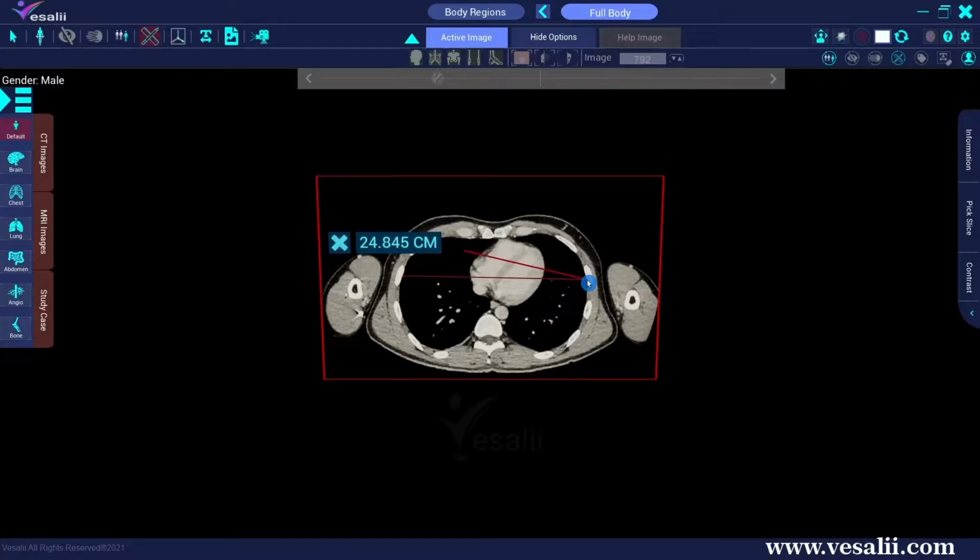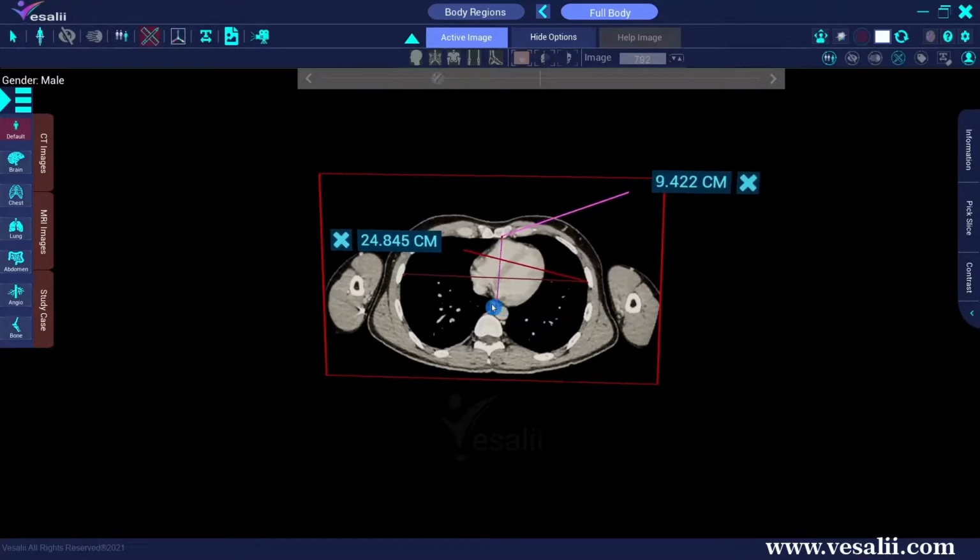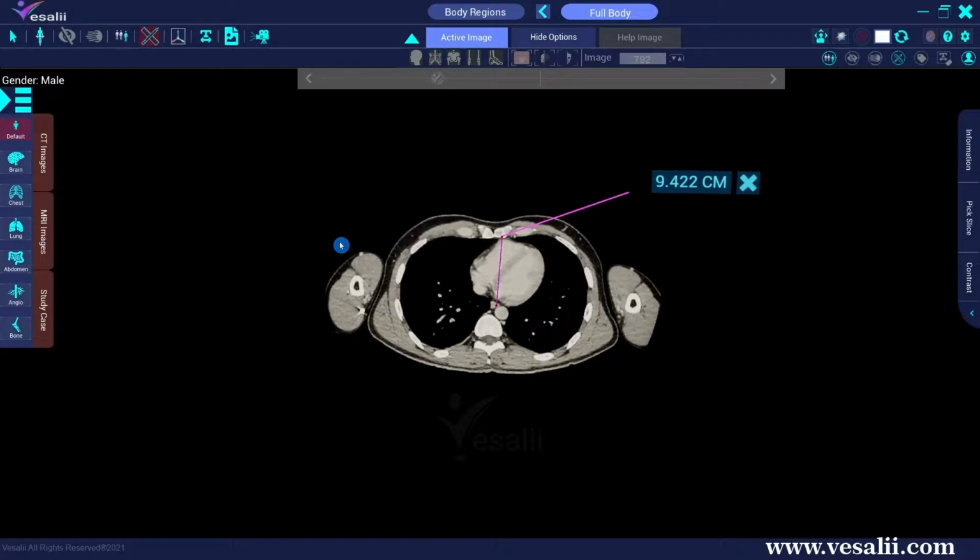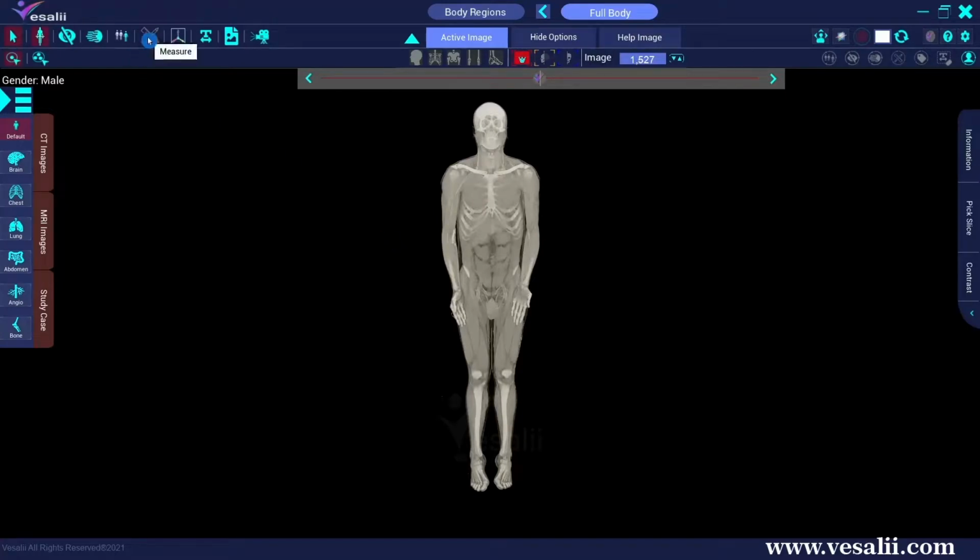The Measure tool creates a line between any 2 points you determine on the image. We can add one or more measurements by clicking on any area on the image. To remove the measurements one by one, we hit the Exit button here. We can also remove all measurements at once by clicking the Disable Measurement button from the Remove Options toolbar. The Measure tool can also be accessed using the right-click shortcut.